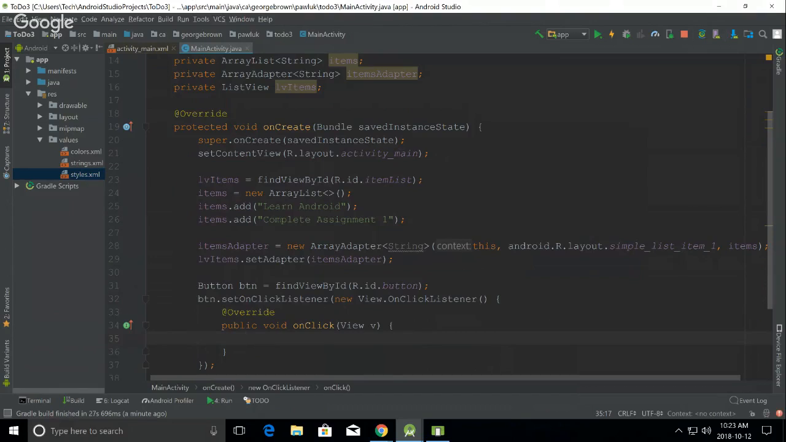What we need to do here, we need to take the text from the edit text, check if it's not empty. If it's empty, we don't want to add empty elements. But if it's not empty, then we add this element to the list, right? So